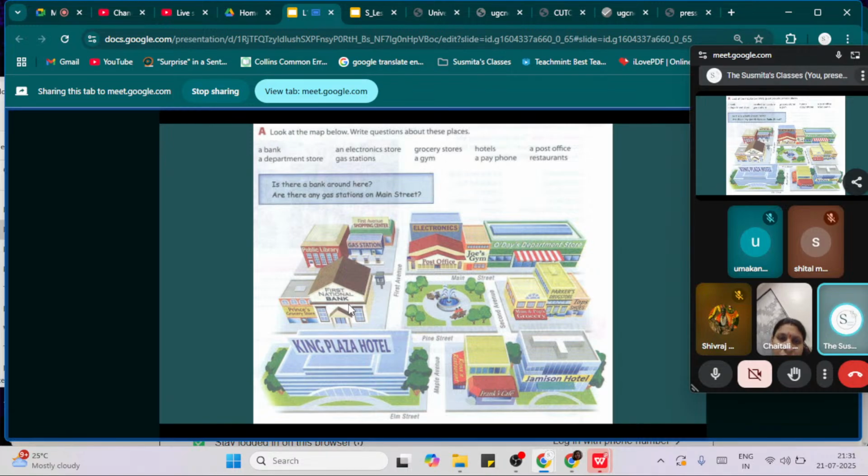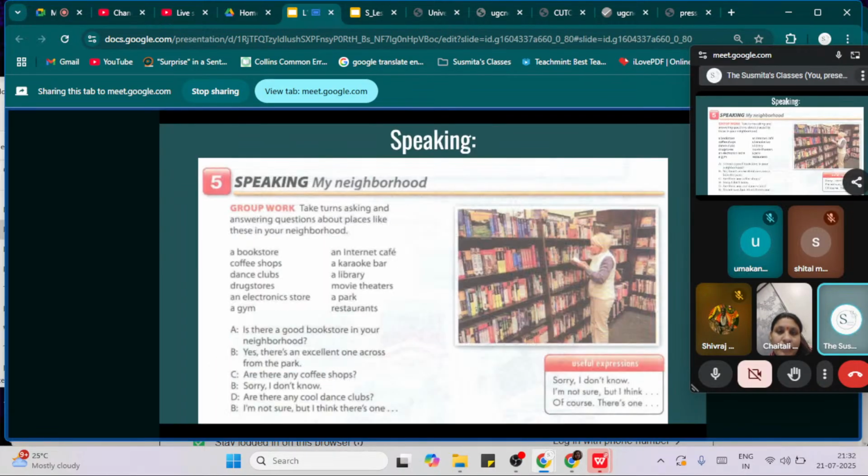Don't say abstract stuff because it is a 3D map. ठीक आहे. आपल्यासाठी 2D मध्ये आहे, पण तो 3D आहे. कशाच्या मागे काय आहे हे आपल्याला नाही दिसत, कशाच्या समोर काय आहे हे आपल्याला नाही दिसत. त्याचा एंट्रन्स जर तिथे नसेल तर कशाच्या बाजूला काय आहे हे आपल्याला दिसतं. ठीक आहे. Try to answer accordingly. Understood how to solve this exercise? But I want it done before tomorrow's class. Okay, then only we'll be able to discuss on it, and based on same we are going to do the speaking practice also after that.